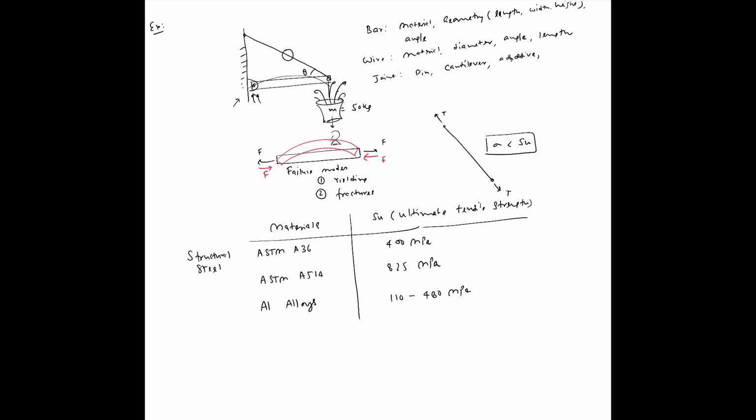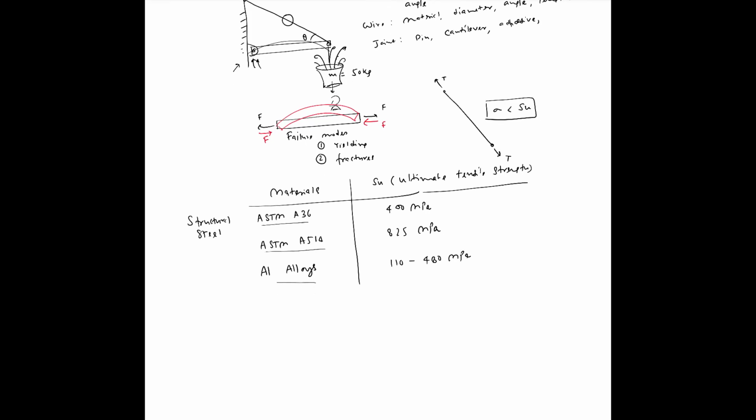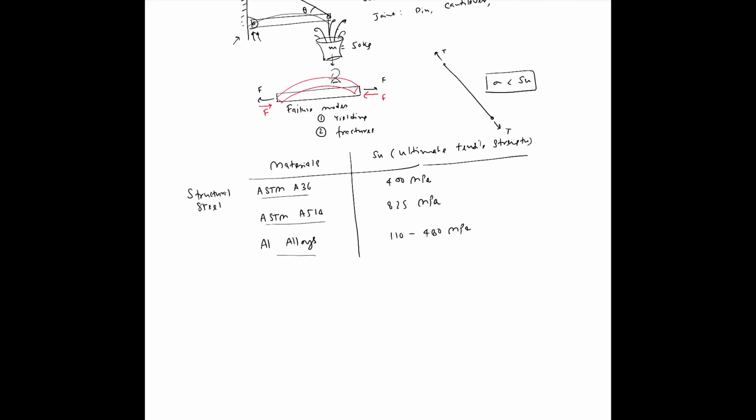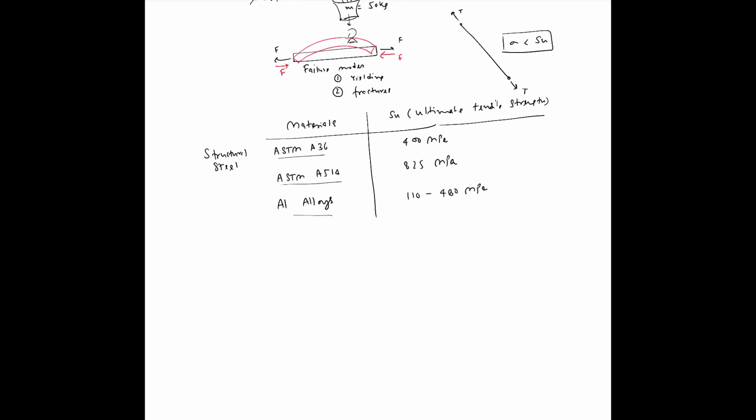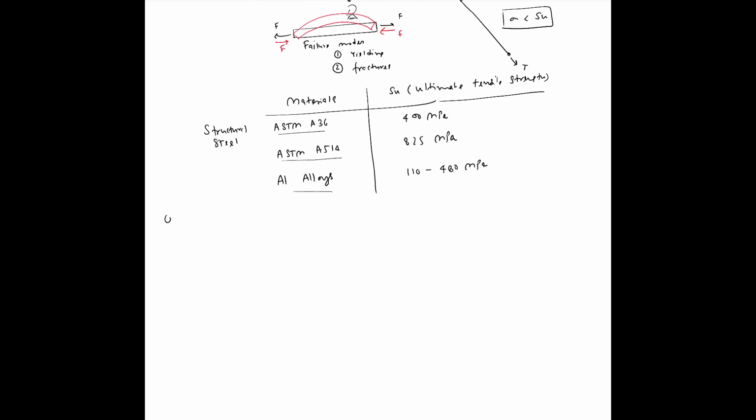So there's a question of which structural steel grade we should pick. Should we pick ASTM A36 for the wire, or should we pick A514? Or if you're going to go with an aluminum wire, then which kind of aluminum alloy grade should we be picking? So the first question we have to answer is, what is the normal stress in the wire? If we know that, then we can compute whether this is going to fail or not, right? Let's phrase this question slightly differently. Let's say the first question is